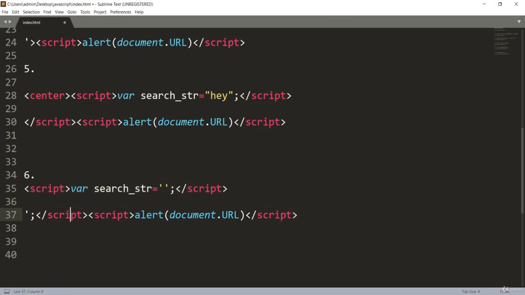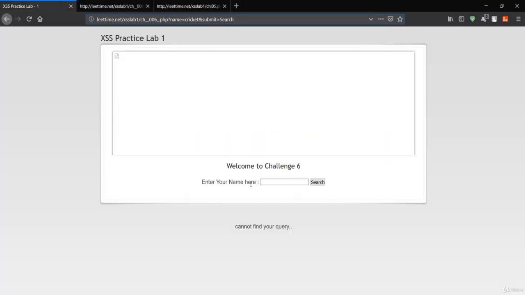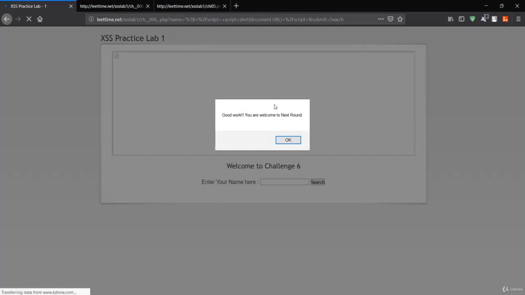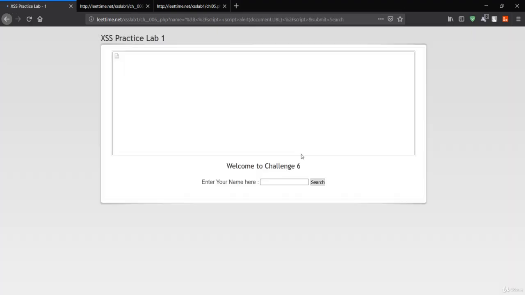So we have closed the script tag and we have executed our own script tag. You can also do something like first close directly the script tag like we just did here, but this is the better way. So let me just copy this, go back here, let's see if this works or not. Let me paste it, and it will say good work again, the same dialog box.